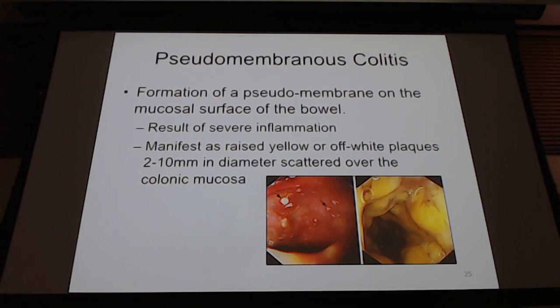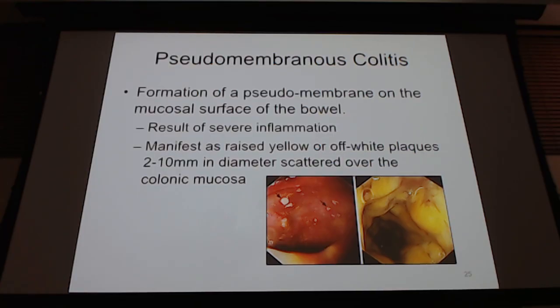So, severe inflammation. What they can see if they do a colonoscopy, they're looking in. Obviously, we have to do that. Potentially, this could be seen with a flex sig, but most of the time colonoscopy. So yellow, off-white plaques scattered all over the chronic mucosa. Sometimes it can mimic inflammatory bowel disease with the skip lesions, but this is very specific for that